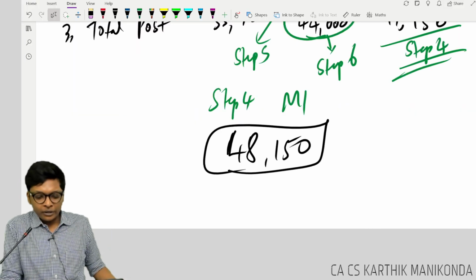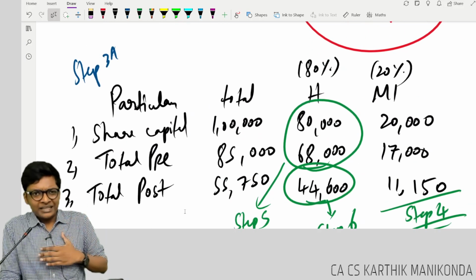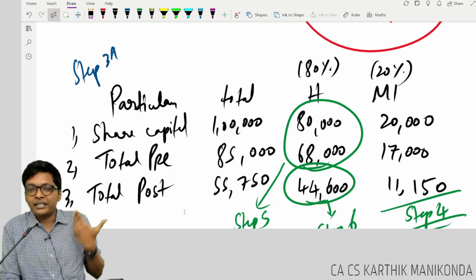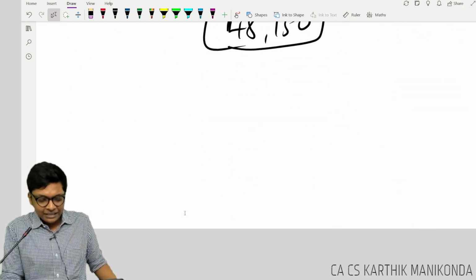Are you following, guys? From now, the sum is the same, no impact except that revaluation. Wherever it comes, you have to be careful, guys. Next is step number